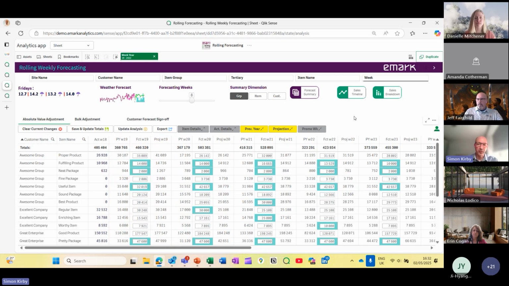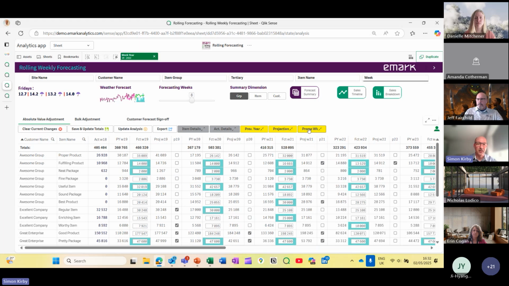But what happens if it's a promo? What if we're doing a special offer on that particular product? We need to see if it's a promotion week. So we can see the products have got promotions, and we know by definition they'll be cheaper. We expect to sell more, so the forecast will grow, right? So all of these things come together to allow the account manager to make a much more informed decision.